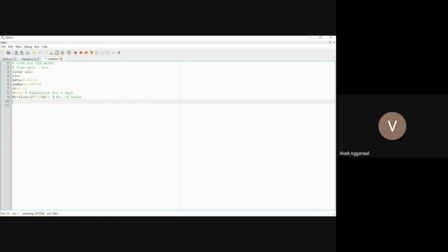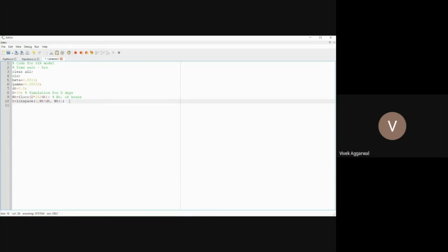Now, after getting this one, I have to define the mesh for t. So t is equal to linspace. In this case, again I'm starting from 0 and I will go up to nt multiplied by dt. This is the final time we are going to define, because nt will be here multiplied by dt. And then from here, I will write, so total number of mesh points needed are nt plus 1.